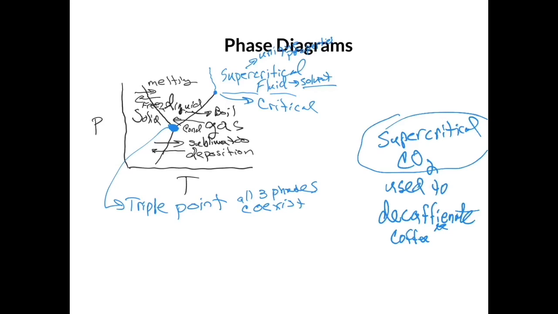So that's about the phase diagram. So if you change the pressure and you change the temperature, you can change the phase. That's why sometimes you can actually cause things to boil at a lower temperature than at the normal boiling point. So if I were to draw this line right here,